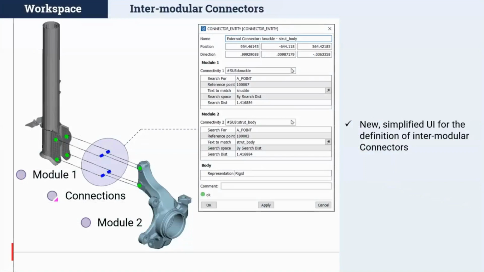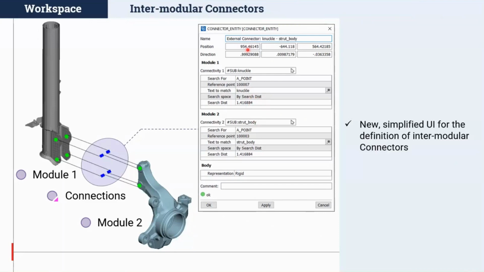The new GUI lets users select the connectivity of subsystem 1 and subsystem 2, and also define things like search distance and other options, and where the position of the connector will be.